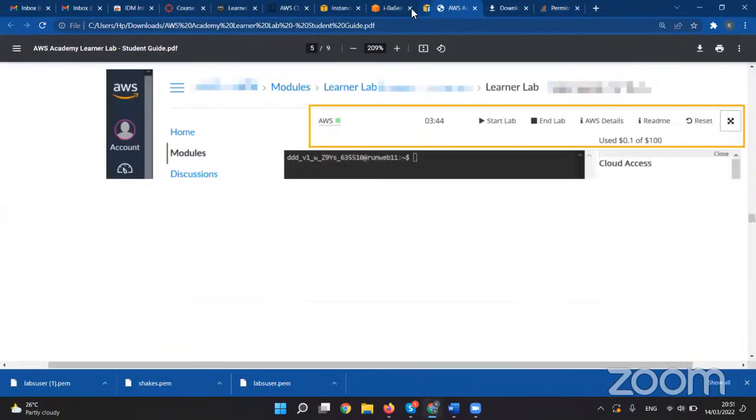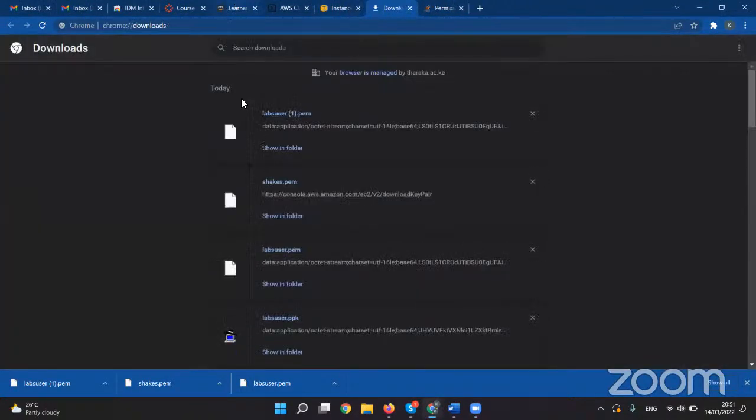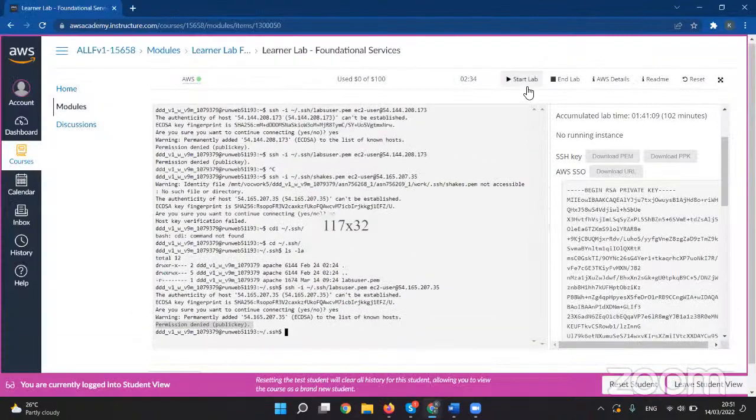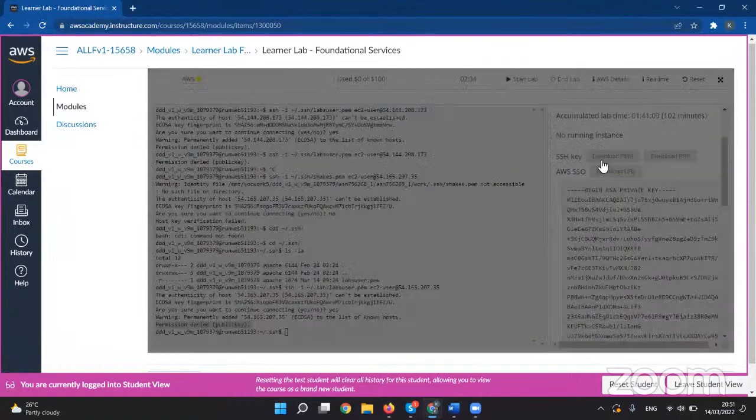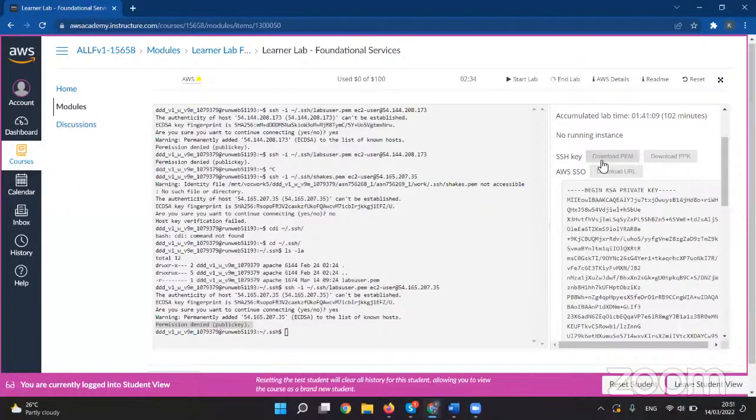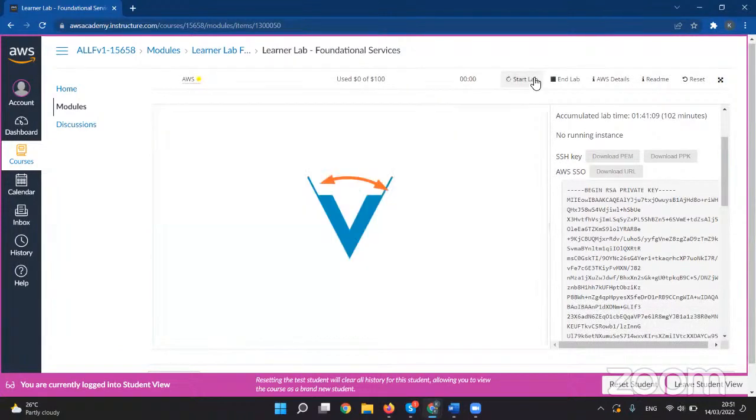So the good thing is I still have my instance. Even if I stop, even if I end the lab, you can see I still have 2 hours. But if I end and I say yes, this is my learner lab. So you can see it's red. And then when I start it up again,